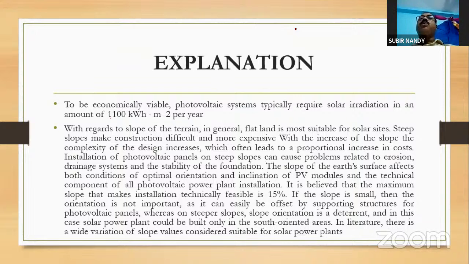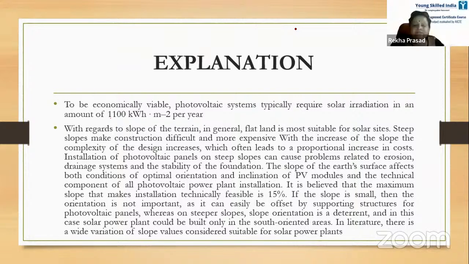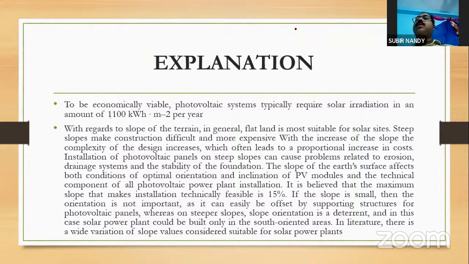The slope of the Earth's surface affects both conditions of optimal orientation and inclination of PV modules, and the technical component of a slope that makes installation technically feasible. Feasible is 15%. If the slope is small, then the